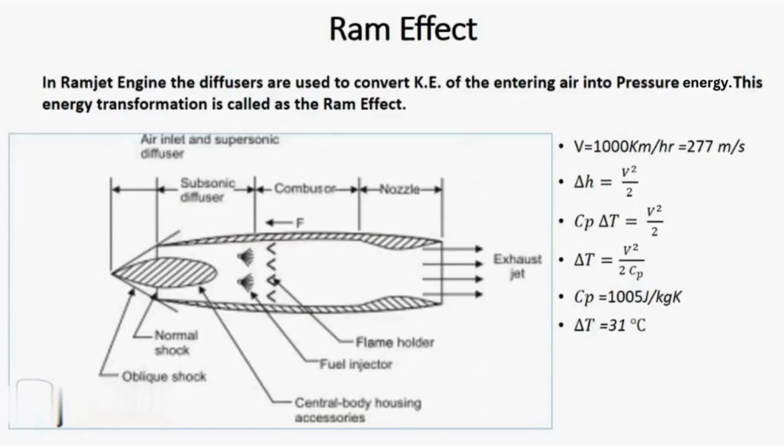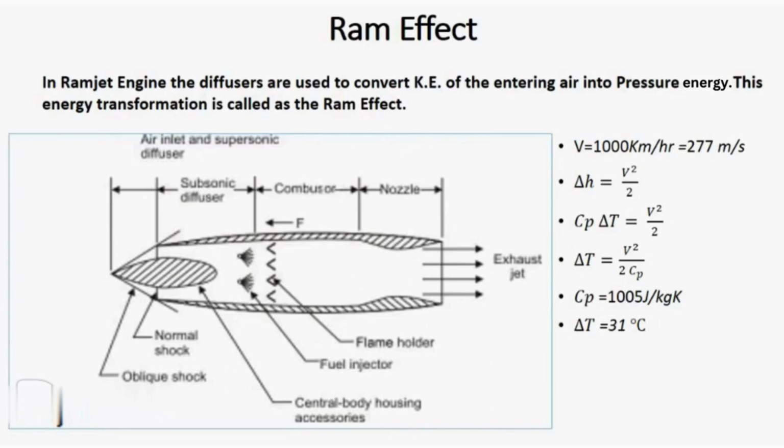Now we will see the ram effect. We are aware that the aircraft cruises in a troposphere region at a higher velocity of 1000 km per hour. At this velocity, atmospheric air will enter into the axial flow compressor section of the jet propulsion engine as shown in the figure. The inlet of the compressor consists of supersonic diffuser and subsonic diffuser. As ambient air